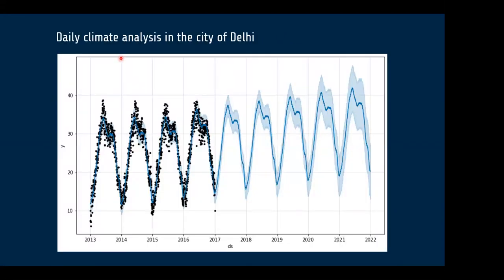So this is a daily climate analysis for the city of New Delhi. You can see we have past data until 2017, which can be seen in the black dots. Based on those black dots or other past data, we calculate what could be the future temperature of New Delhi. You can see it is increasing,